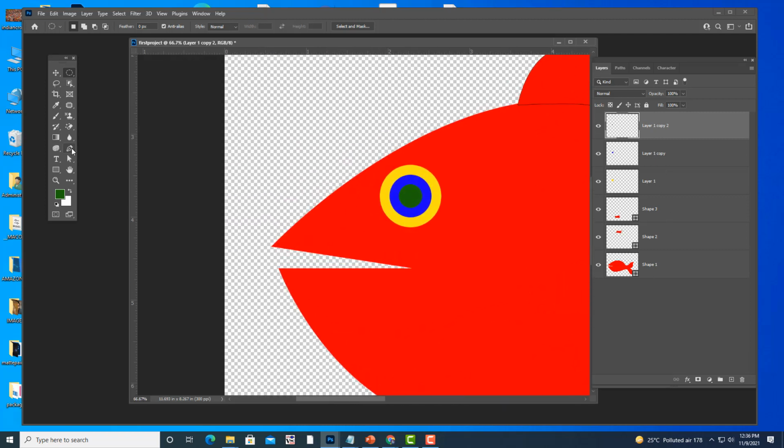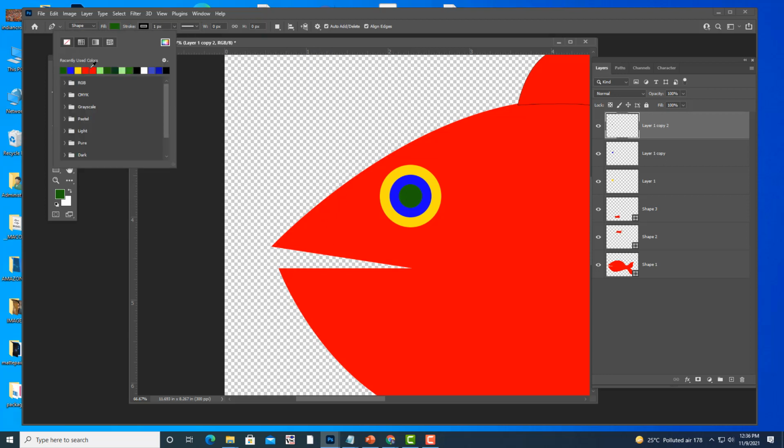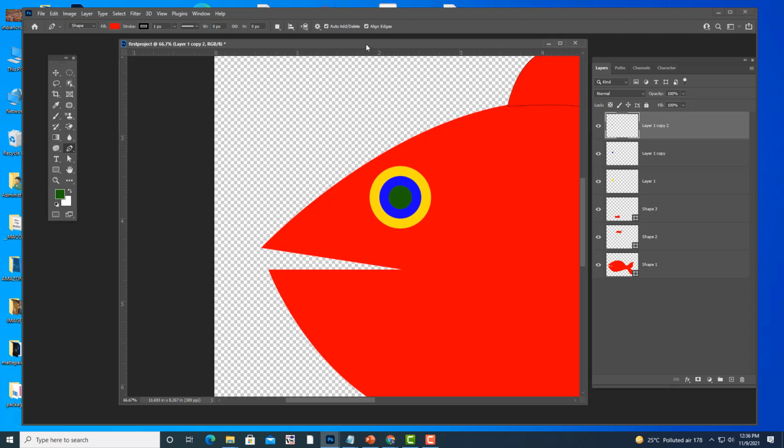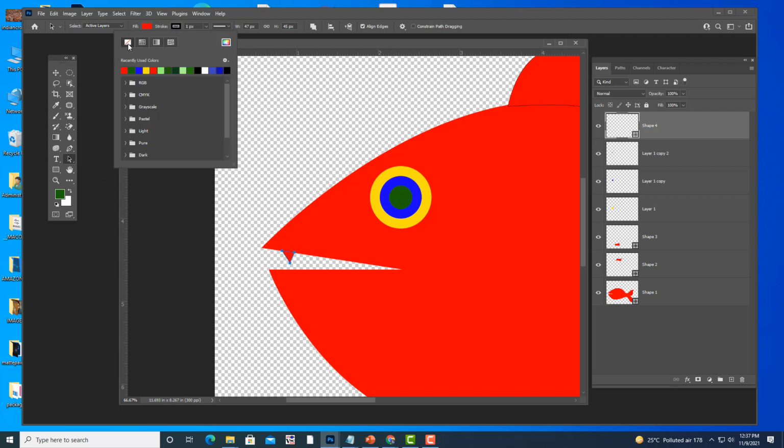How? Just simply select the pen tool, and you don't need any reference here, and we'll use a red color actually, or you can give some other color if you want. Okay, see, I am creating the teeth with only a sharp corner. Something like this. And if you don't want this stroke, simply click on this no color.